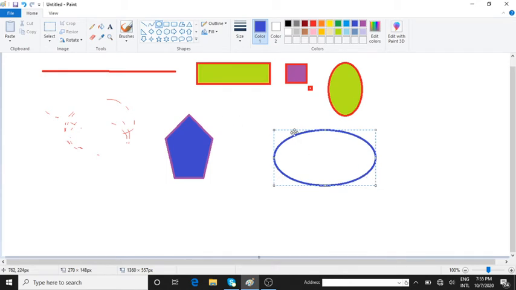Okay, color picker tool. You can use the color picker. Now fill with color. I'll fill with red. Yes. Can you see this? Can you see the changes which appeared?